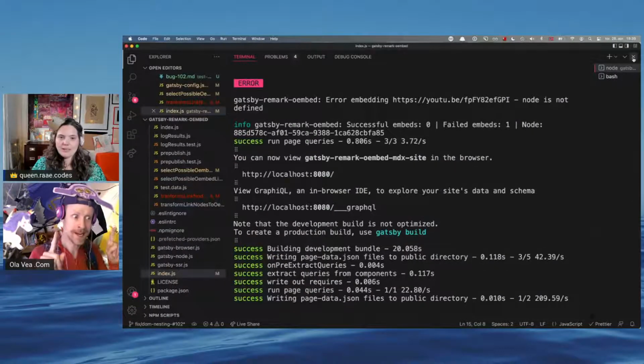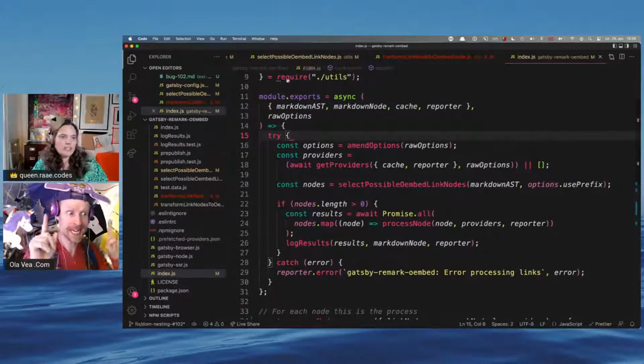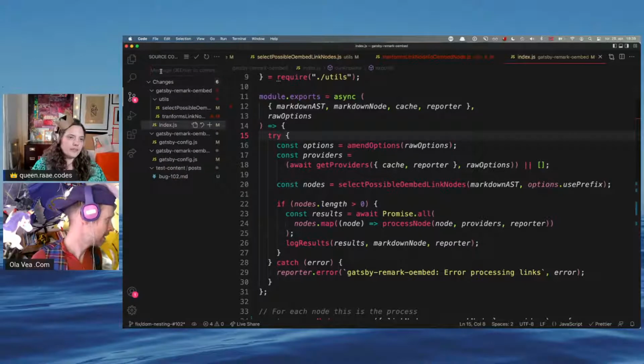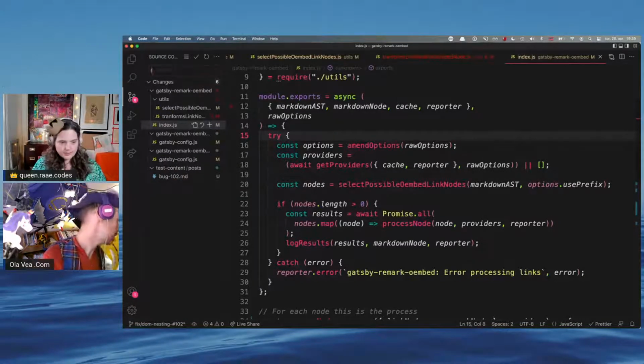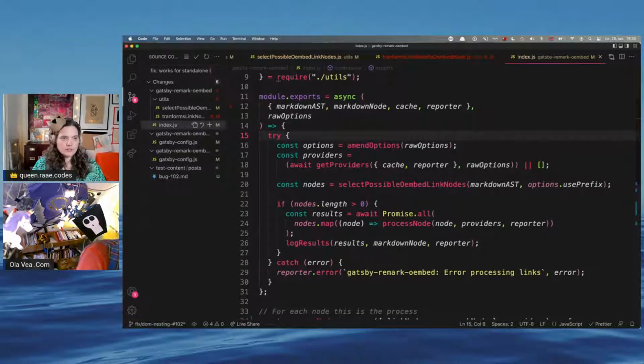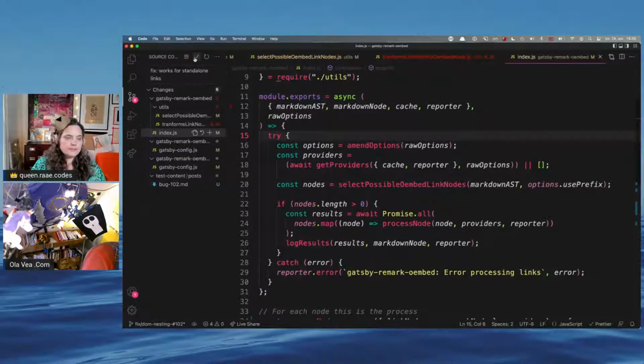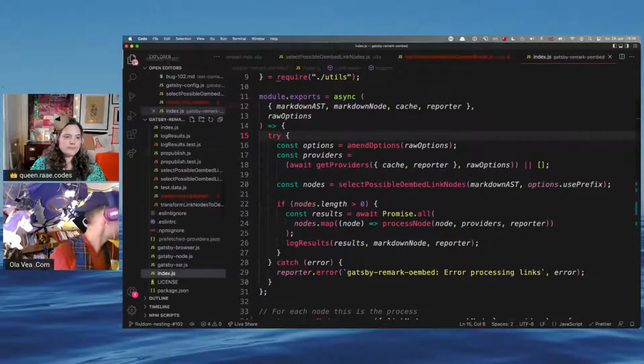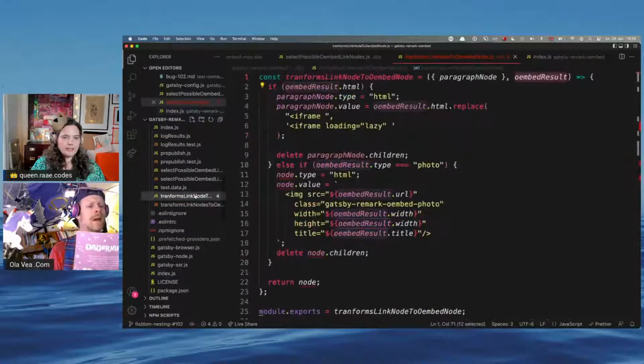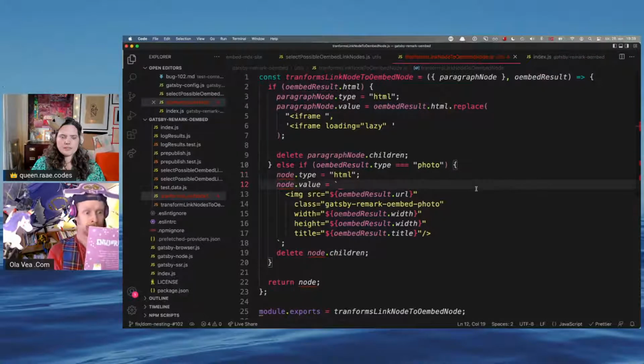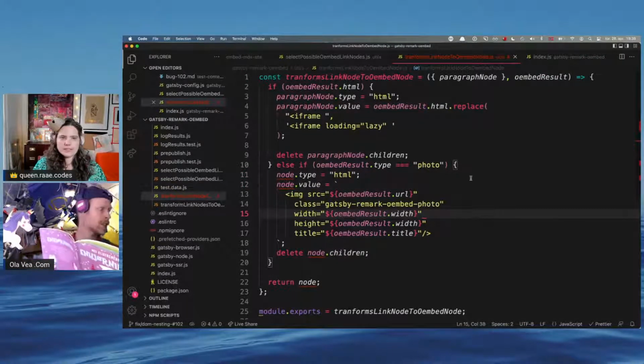Yes. So it's working. So now that it's working, we clean up the code. Okay, so fix works for standalone links. Oh, we're getting some errors here.